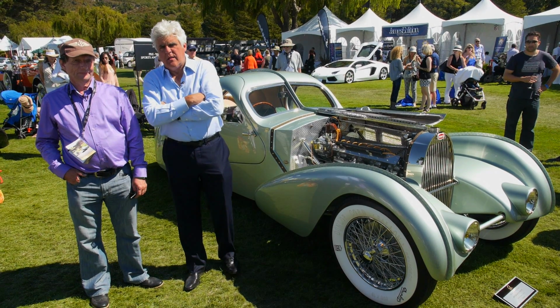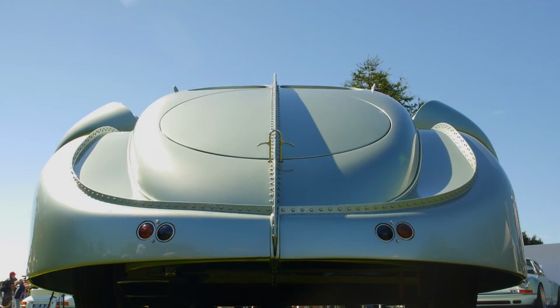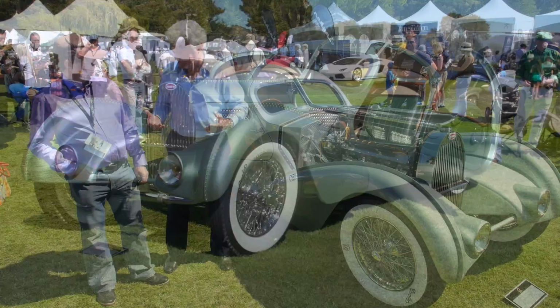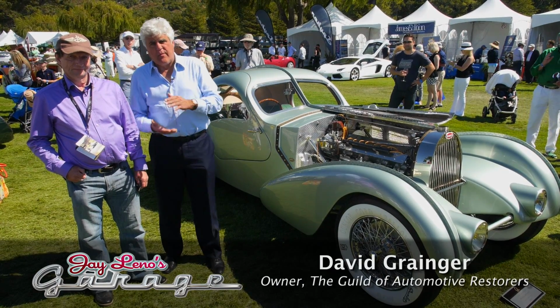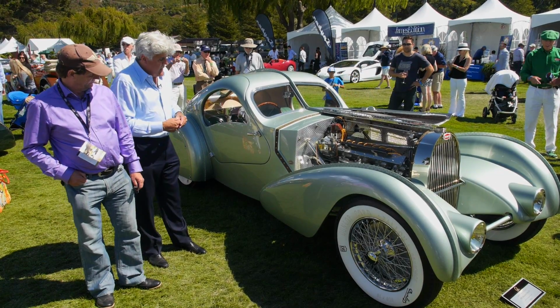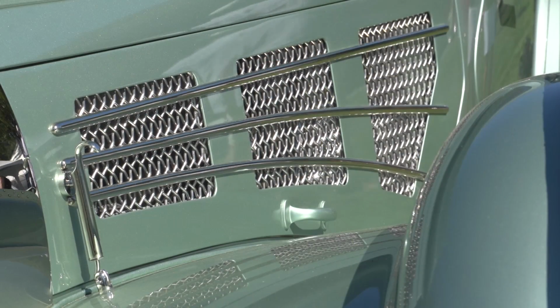We're here at the Quail, and this is a pretty exclusive car. I think the best car here, certainly the most labor-intensive restoration I've heard of in a long time. This is David Grainger. He's from the Guild of Automotive Restorers. That's your shop. Yep. And they restored this car, and this body is made of 100% magnesium, which is almost